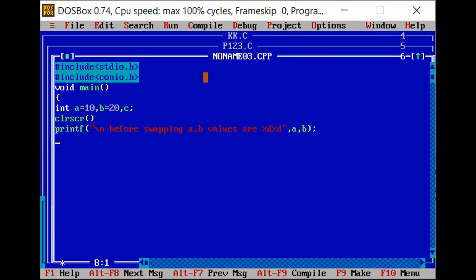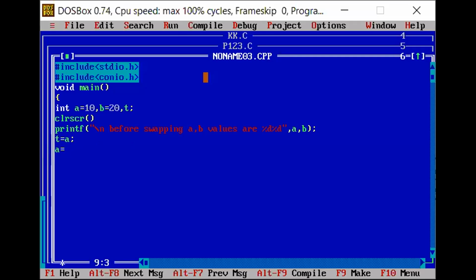So now you apply swapping procedure. First, what is your first step? Yes, initially taken T value. Now, yes, you take T also. Not a problem. C also you can take T. T means temporary. What is your first step? That is T equal to A followed by semicolon. What is second step?